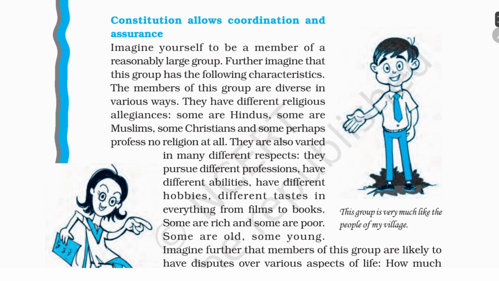Constitution allows coordination and assurance. Imagine yourself to be a member of a reasonably large group. Further, imagine that this group has the following characteristics. The members of this group are diverse in various ways. They have different religious allegiance. Some are Hindus, some are Muslims, some are Christians, and some perhaps profess no religion at all. They are also